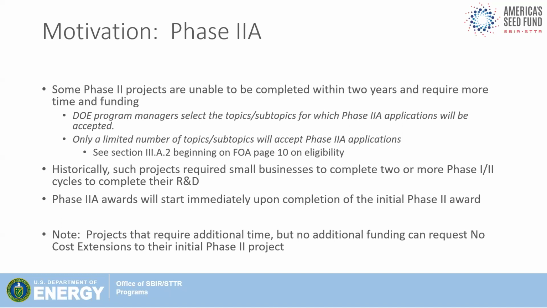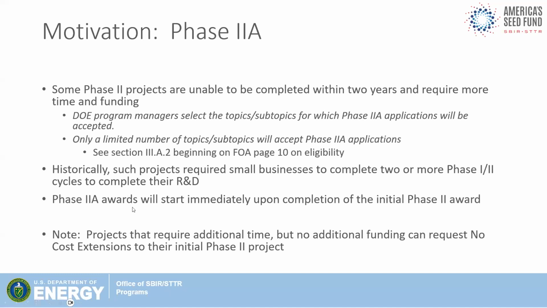phase 2A award. So if you received a phase 2 award, only a select number of you will be able to apply. And if you look in the funding opportunity announcement under phase 2A, it will tell you which topics and subtopics from our phase 2 awards from 2 years ago will be able to apply. And again, the reason we implemented this is oftentimes we see people, if they only had a phase 2 and didn't complete the work, many people would just cycle back and try to get a new phase 1 and phase 2 award. And that would really slow things down. So we're providing these 2A awards to allow you to really push ahead without any gap and complete that research.